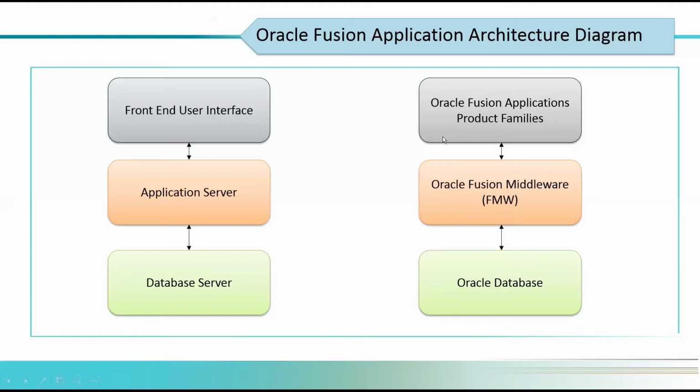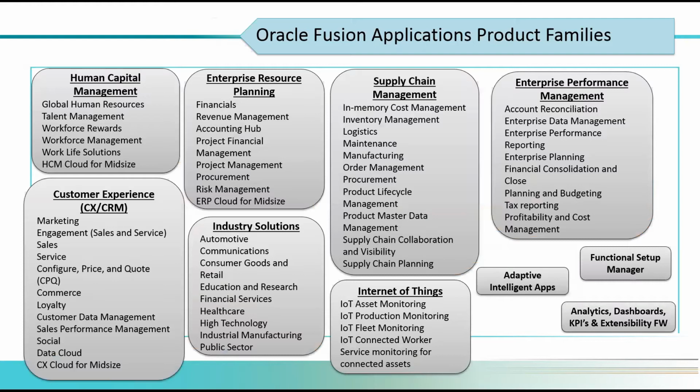In the Fusion product family, what is it? Oracle offers a long list of product families. For example, it offers human capital management, which provides employee management for an organization. Our ERP cloud offers the broadest finance functionality on the market, along with end-to-end finance and supply chain orchestrations, right? And it offers supply chain management. It integrates and automates all the key supply chain processes from design, planning, and procurement to manufacturing and order fulfillment. It can give end-to-end solutions, right?